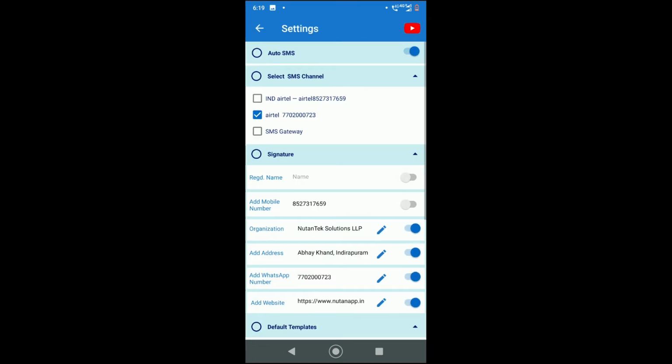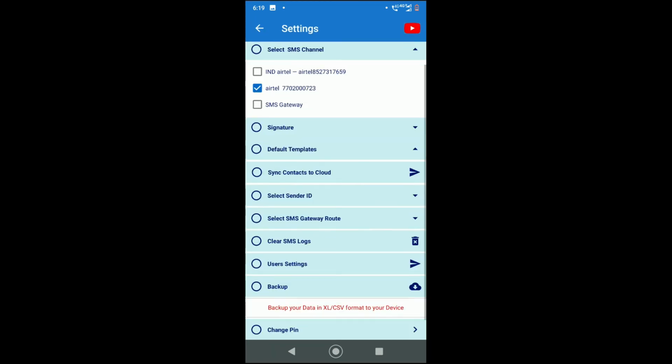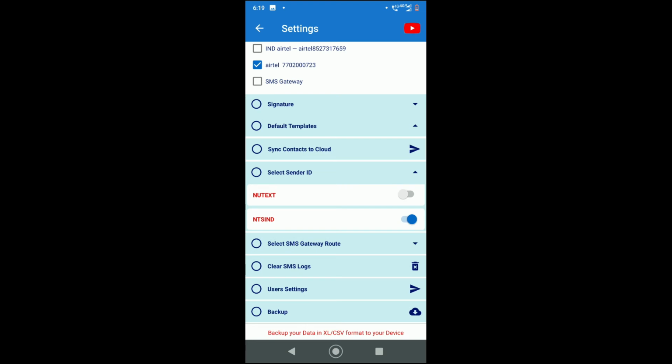Now let's come back. So we have come back. Then next you see select sender ID. Sender ID, as I told you earlier, is nothing but a short code, a 6 digit short code, using which your message will go. You have to submit your KYC with us, then we get the sender ID registered. It is done within a day, and then we'll set it. It will be visible to you. If you have one sender ID, only one will be visible.